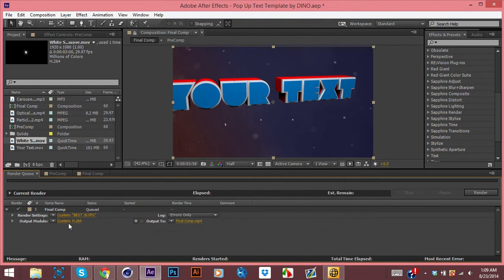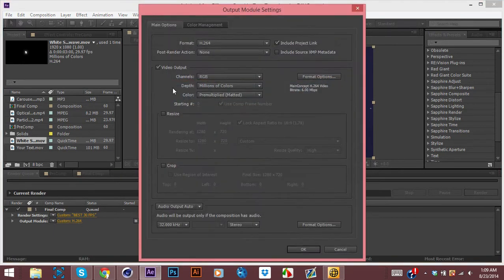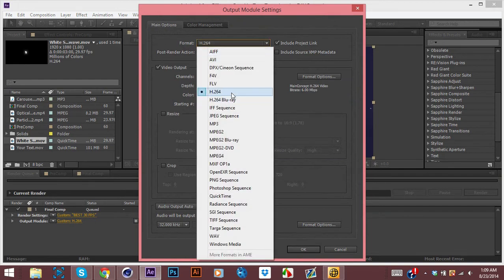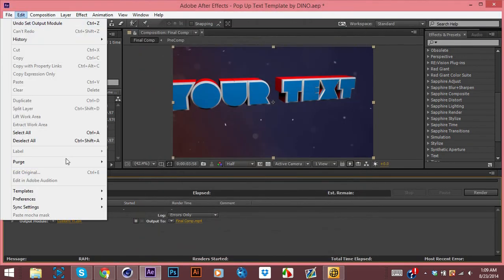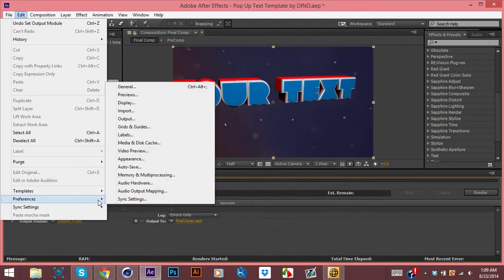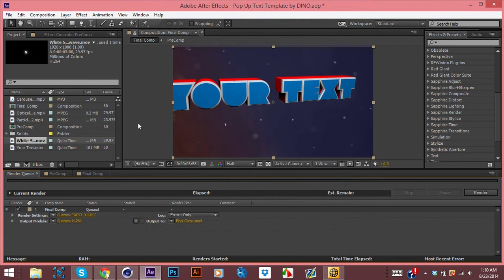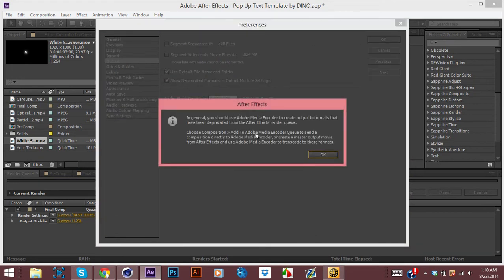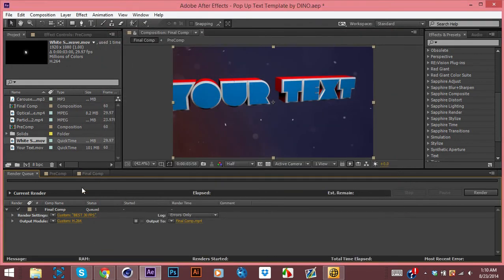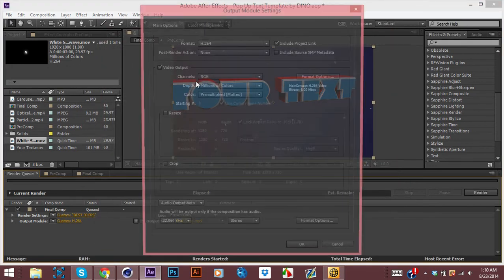And actually, you know what I need to add? You guys won't have this option in the first place. I apologize. What you need to do is go to Edit, Preferences, I think Output, and you want to show deprecated formats in output module settings. So this will be unchecked, but you want to check it, and you just press OK and press OK, and now you'll have the